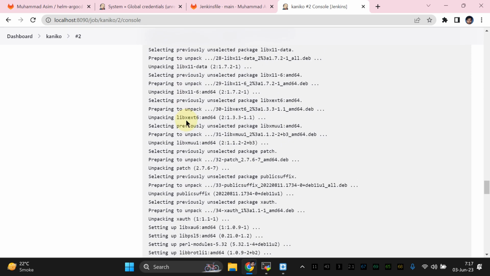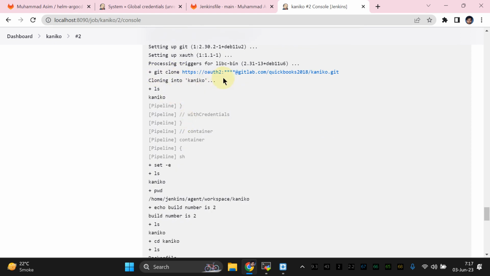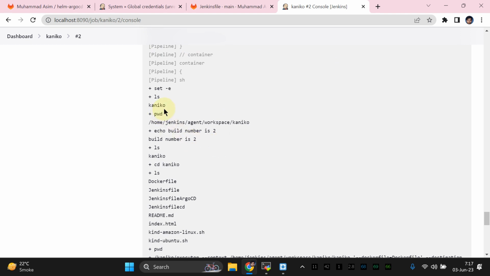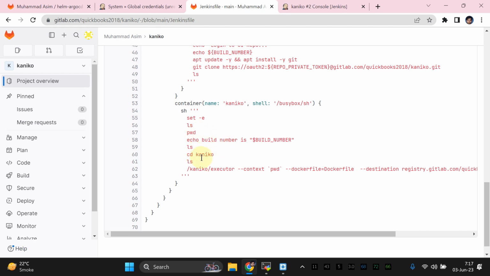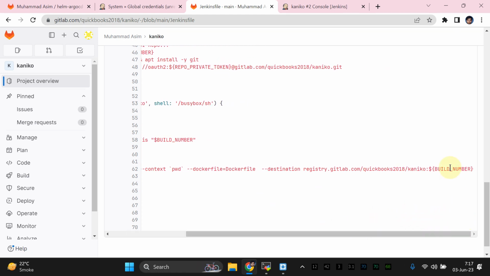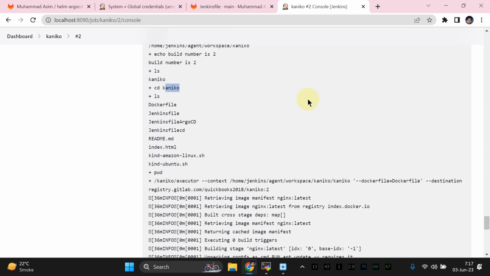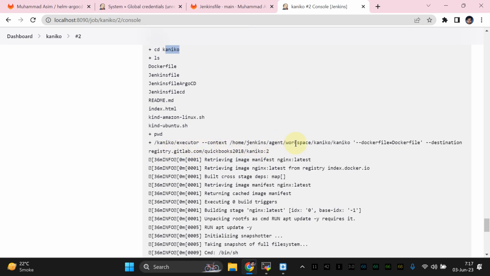Installation of Git, and then if I scroll down, you see it has cloned this particular private repository. And if I do ls, this is the directory Kaniko, and we then cd into this directory, and you see all these particular commands are available here. And then we are going to build this particular image Docker file, and let me show you this part as well. This particular file is actually available in our repo, and we are going to provide this build number. If I navigate to this section, you see this is the Kaniko executor run, and this is the Docker file. It is actually available on our path, and